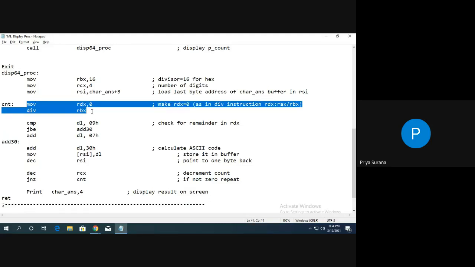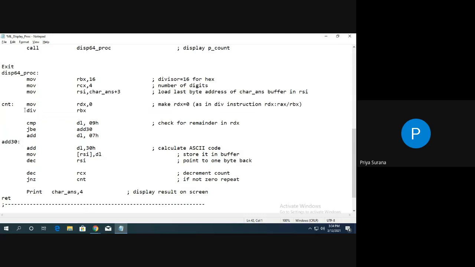Now divide by RBX. What will be the content of RBX? That is 123. Prior to this, for the first iteration, it was 1234. But now the quotient will be in RBX, so the value will be 123. Check the div instruction properly.